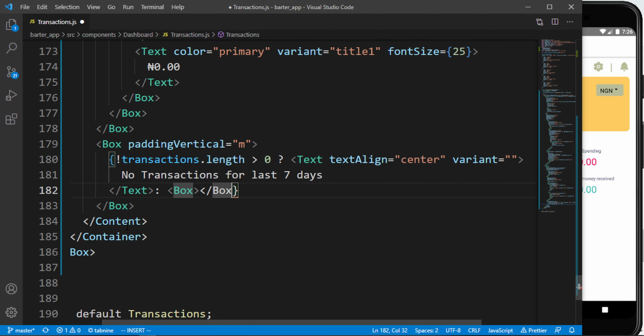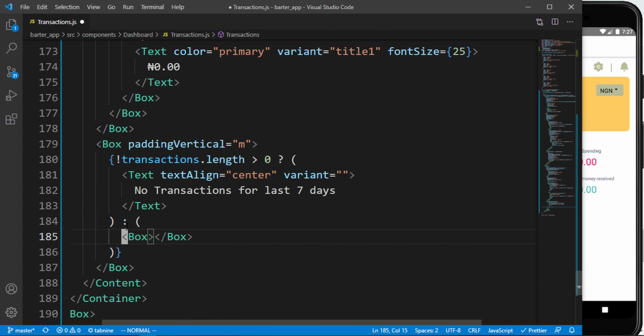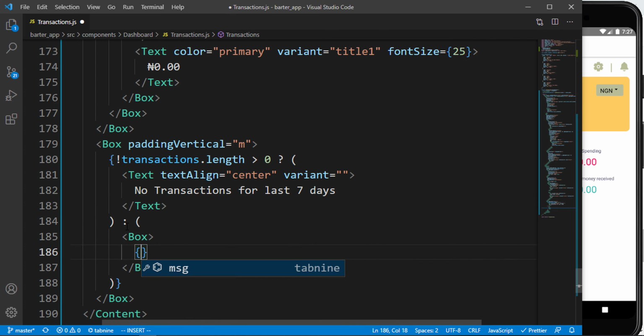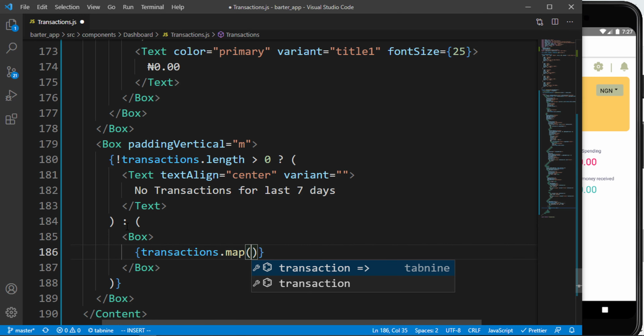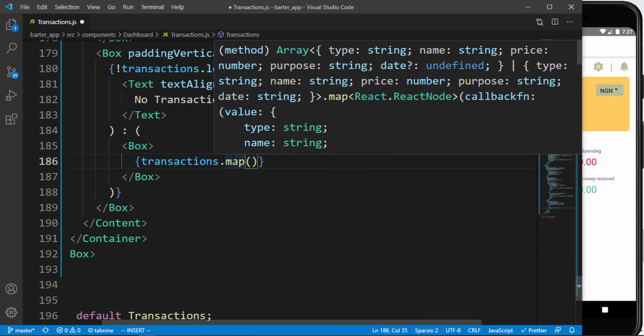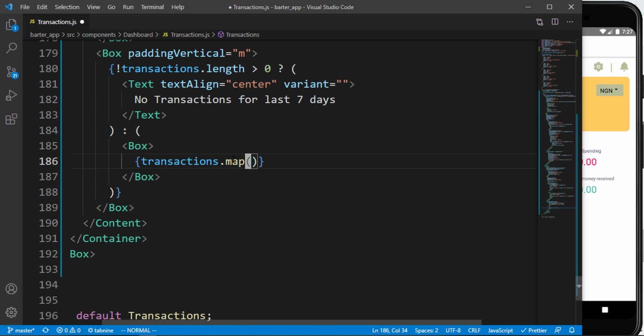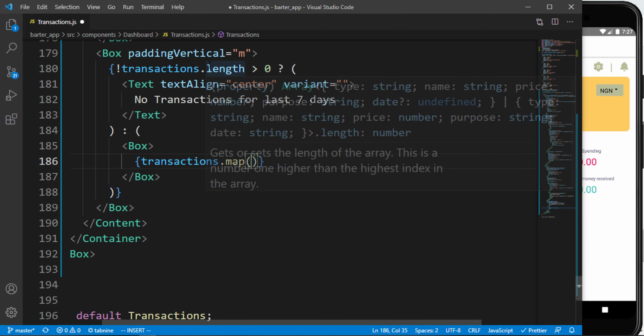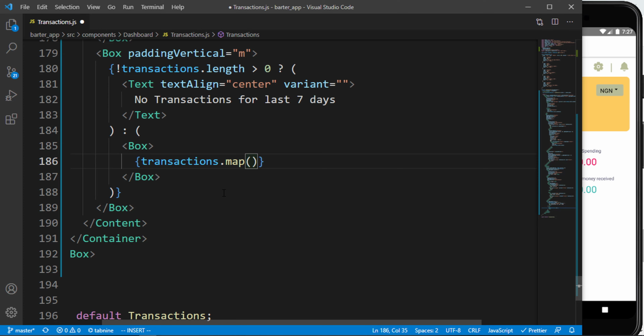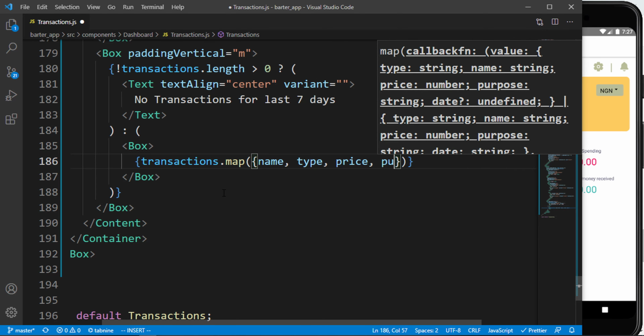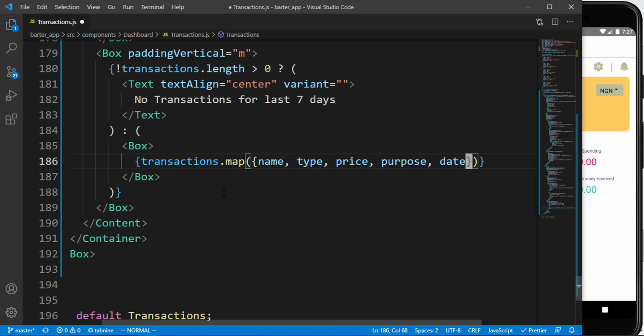So let's format this. We're gonna have a box, and inside this box we can now list out transactions from our transactions array. These transactions probably should be coming from a transactions schema or model that records every transaction in your database whenever a user sends or receives money. So you now have to find a way to make it unique for a particular user, and also in a list order, just like when you're talking about user charts. So here we are going to get the name, the type, the price, the purpose, the date, and